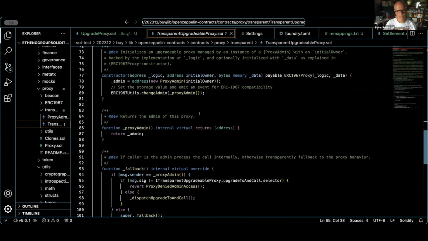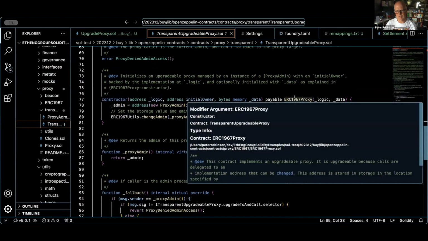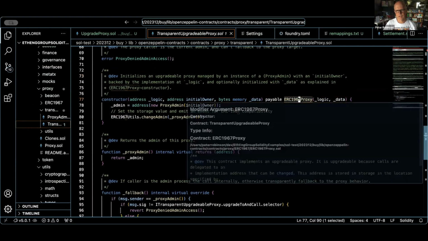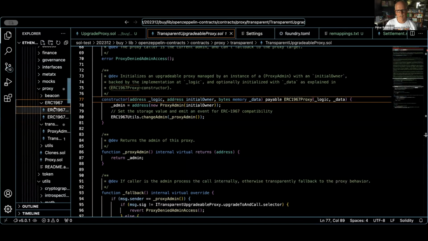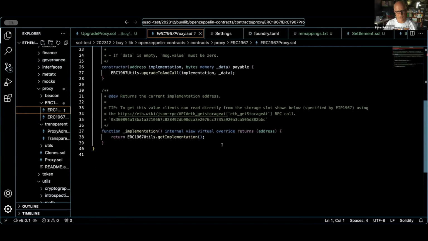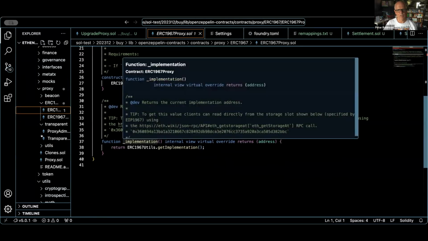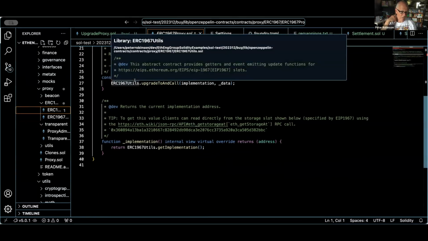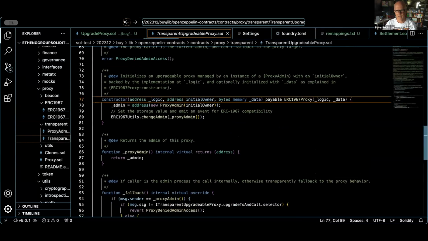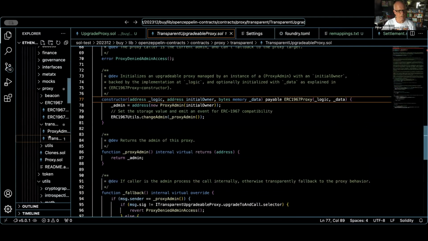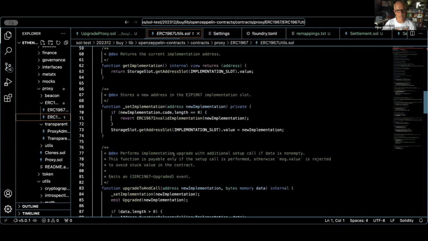And yes, it's got proxy admin, but that's only internal. And this is ERC. It's not wanting to take me there, is it? And that's ERC 721 proxy, which again has an internal function. But yeah, so ERC 167 utils isn't directly available, I believe. So yeah, it's really a matter of trying to tap into the 167 utils when it does